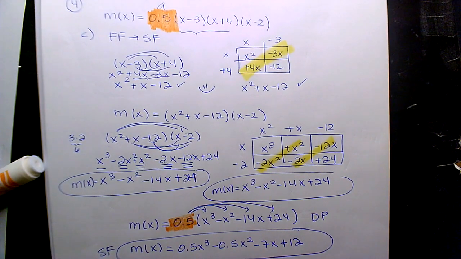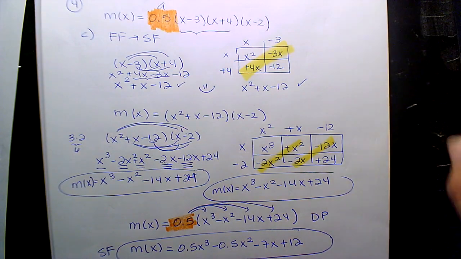And so I would do it at the end, but again, it's up to you. If you think you're going to mess up and you want to take the a first, you would multiply it to only one of the binomials. Don't do it to all three of them. There's only one point